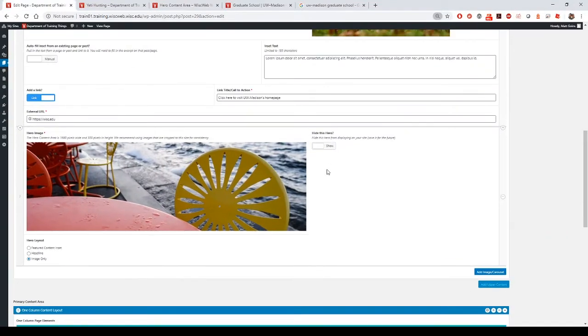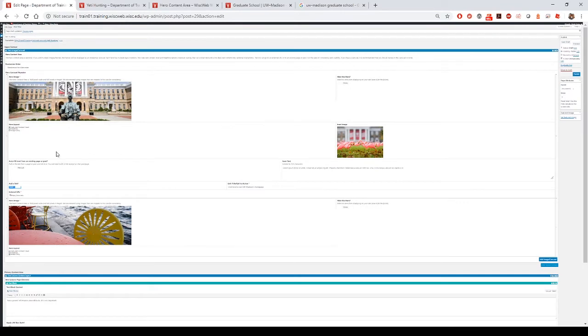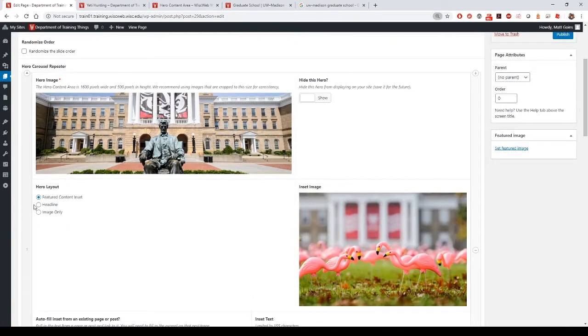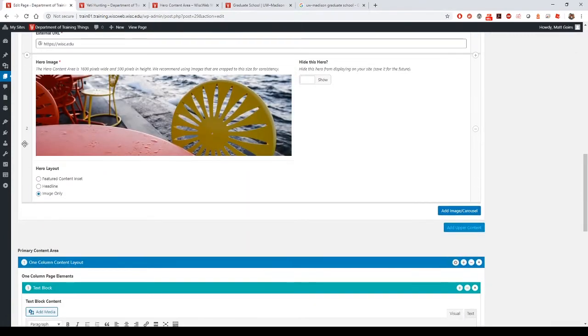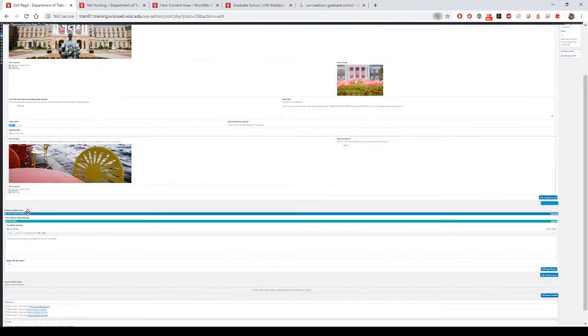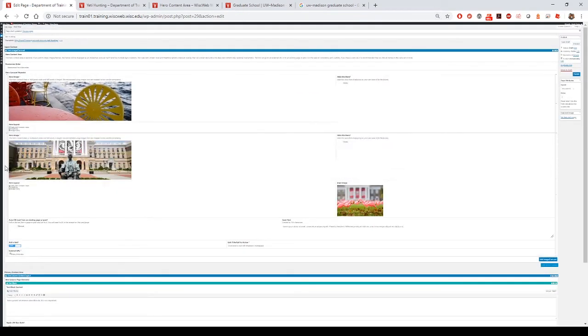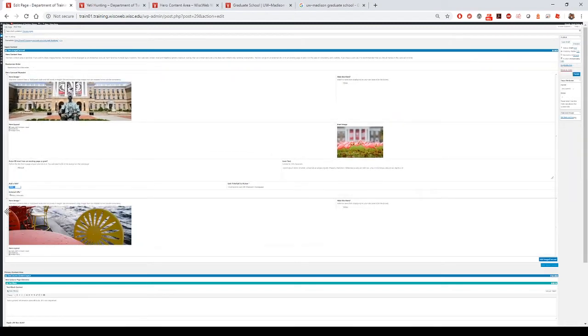So I'm going to zoom way out just so we can see this real quick. It gets added in the order that you add them. If you want to reorder these hero images, there's this numbered column over here on the far left. I'll zoom in quick just so you can see it. So there's the 1, there's the 2, 3, 4, etc. I will zoom back out to give myself some room, and you can drag and drop these to reorder them